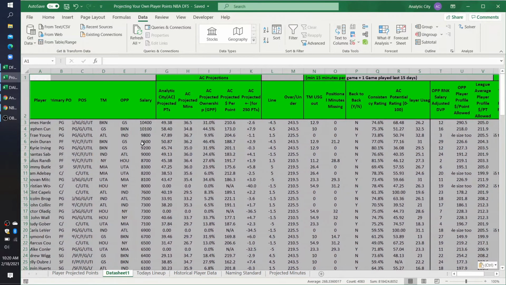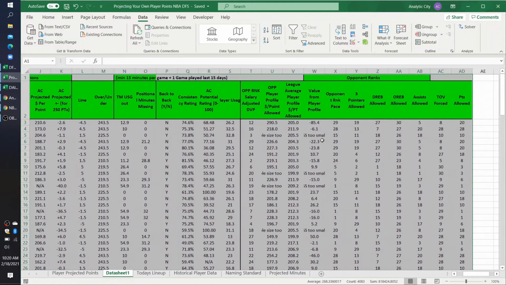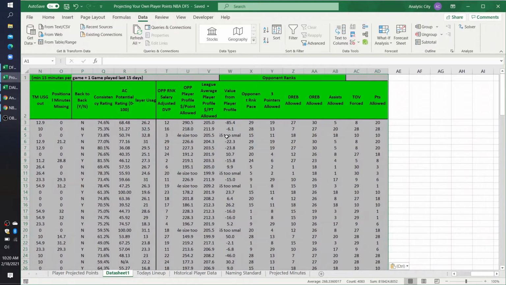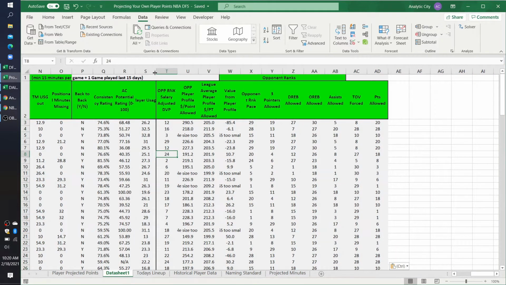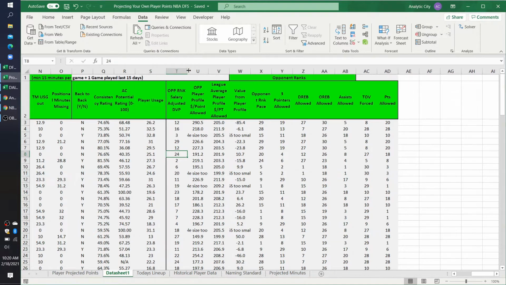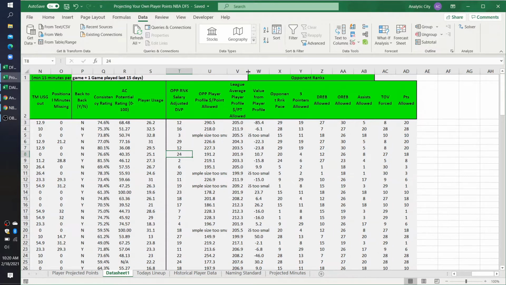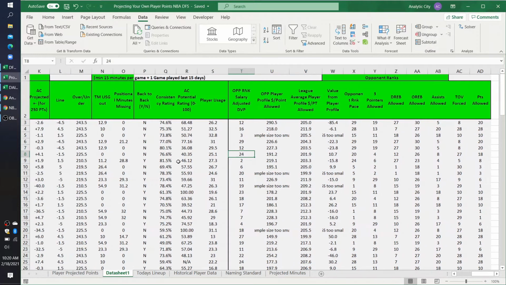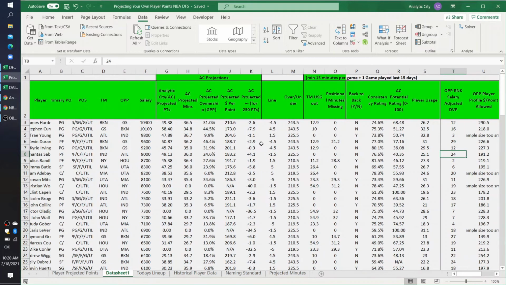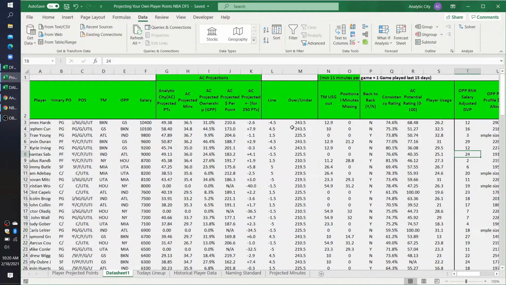And you can see now I have data for just about every statistic I would ever need in a player model. Of course, there are some more which we'll get into, but in terms of making adjustments to player points, this is really going to have you covered for a lot of different adjustments you would look to make on any given night. So this is definitely going to be the easier way to make an adjustment, and the first